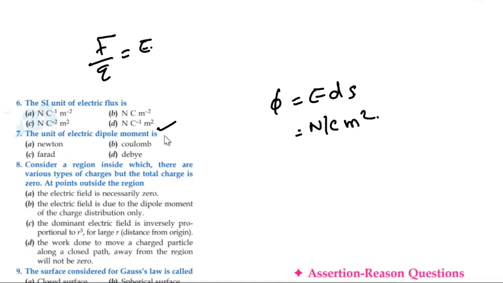Unit of electric dipole moment. Dipole moment P equals Q into 2A. So that is Coulomb meter. Coulomb meter is not given over here. Debye is given. Debye is the correct answer. It's in the given options. Okay, so the next one is,